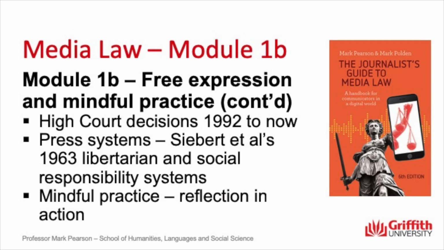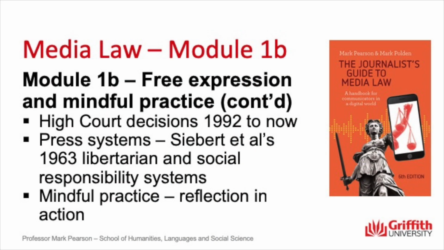This relates a little to another topic area of Chapter 2, where we look at different press systems throughout the world. And while Australia does have that erring on the side of free expression, many other countries do not. And the question becomes, when we're theorising about free expression and the media's place in society, where Australia might sit. And the textbook mentions a very old piece of research, Siebert and his co-authors' 1963 work looking at the 4 theories of the press. Now, many others have looked at that since then, but importantly, amongst the 4 theories of the press that they identified, essentially different press systems in operation throughout the world, many have viewed Australia to be